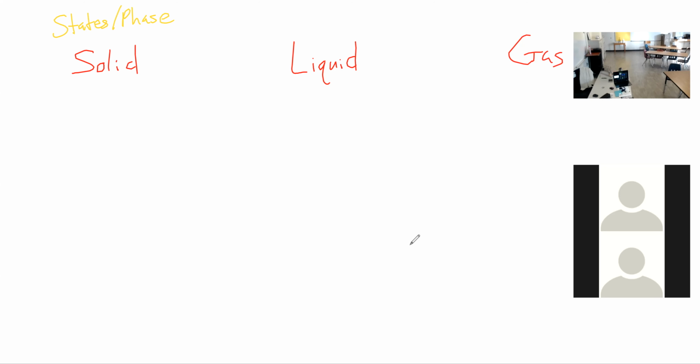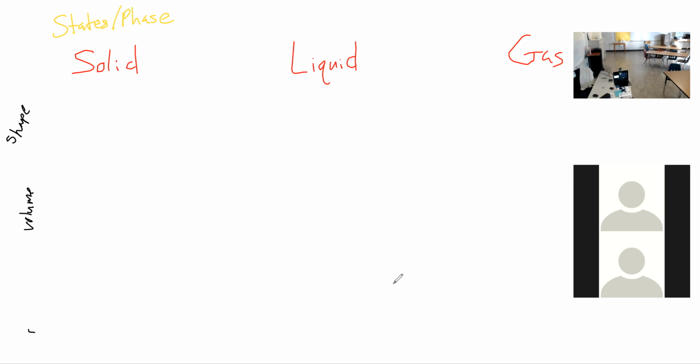All right. So the way we tell the difference between these three states of matter, okay, is by three different things. One is shape, the other one is volume, and then the other one's going to be how their particles are set up. So I'm going to write that down the side. You can do it however you want. You don't even have to write it on the side if you don't want to. But so one way we tell the difference between a solid, liquid, gas is by the shape. I'm going to write it sideways here. Shape, and then volume,